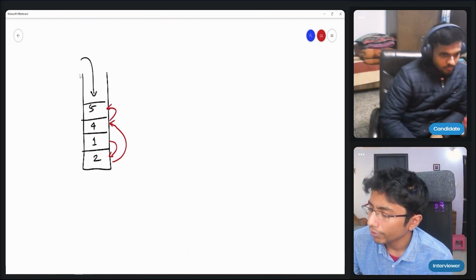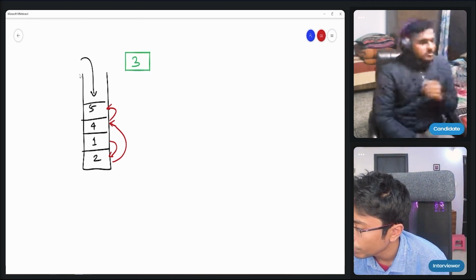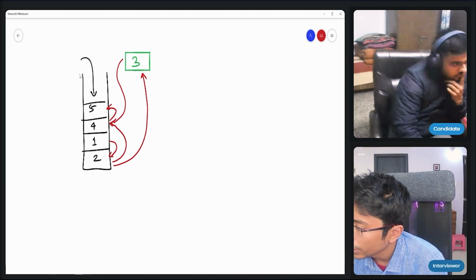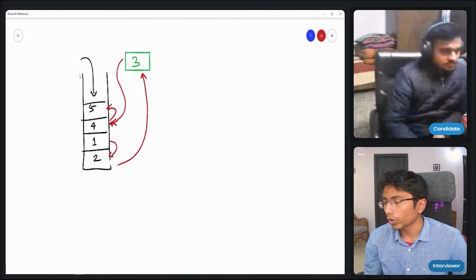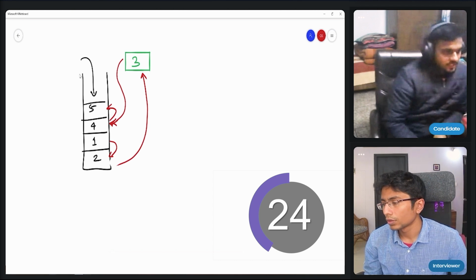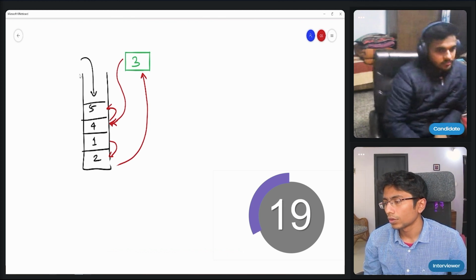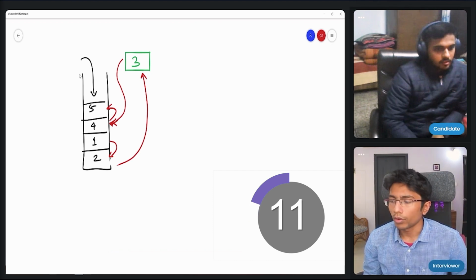Now if I push 3 inside, then somehow I need 2 to point to 3 and 3 to point to 4, and this pointer also gets deleted, and then 4 points to 5. O(1) is a problem.